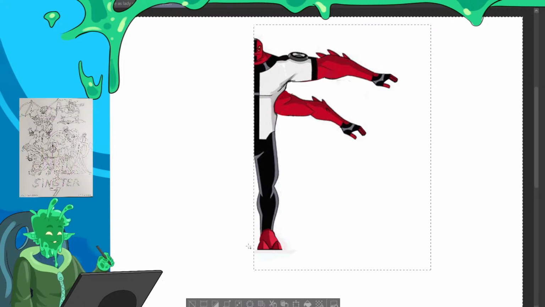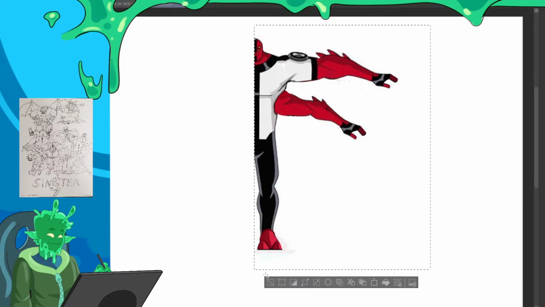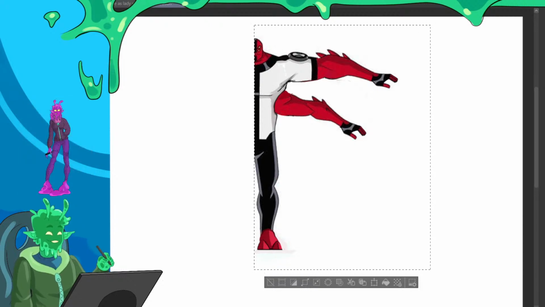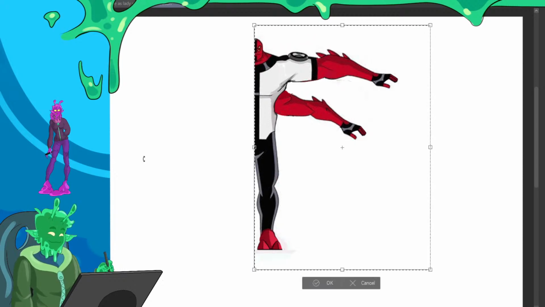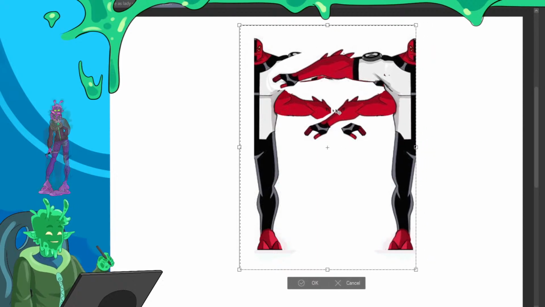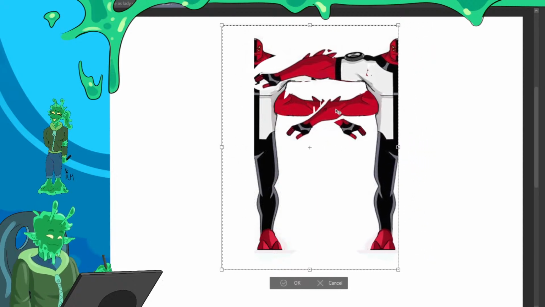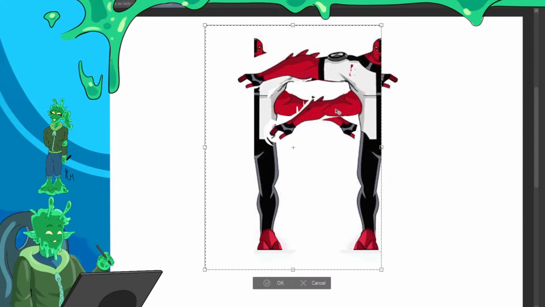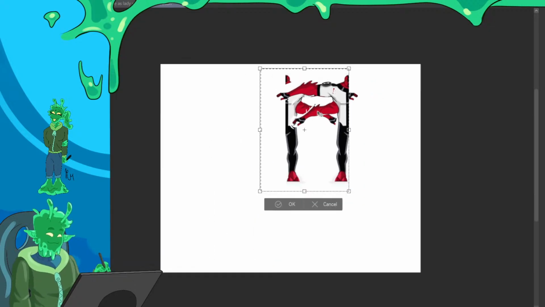Then re-invert it, copy, paste, flip, Control T, flip horizontal, and then use the arrow key to move him over. This is the slowest part. If I zoom out, it'll go faster.